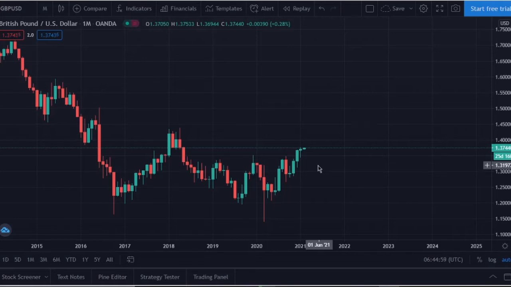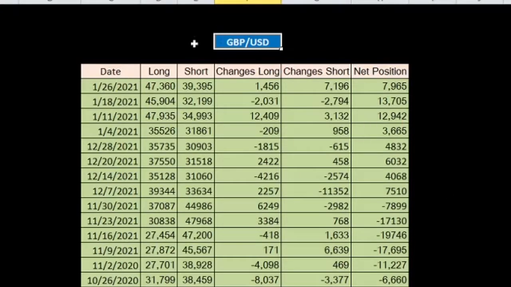So first of all, I'm speaking about the technical aspect of this market. I will be breaking down the technicals for GBP USD, and then we will see what we have from the commitment of traders perspective, which is what hedge funds are currently doing in the market, and it will help you to combine technical analysis and sentiment analysis correctly.